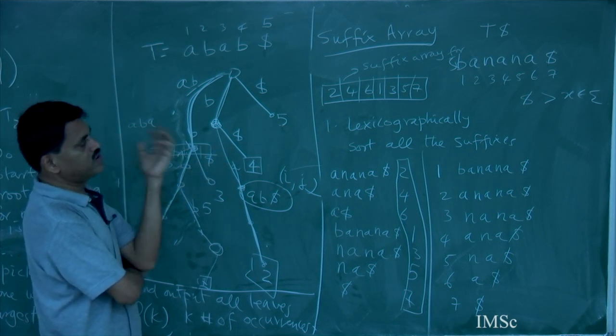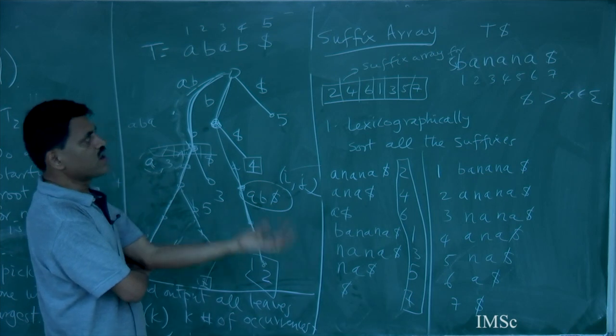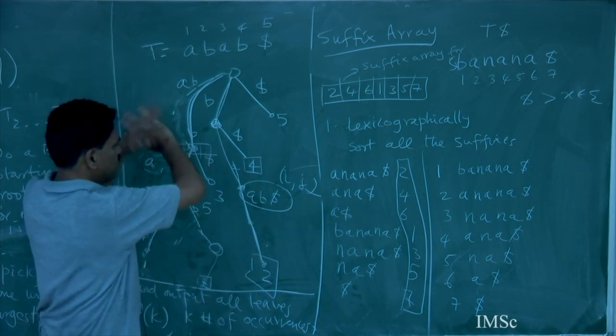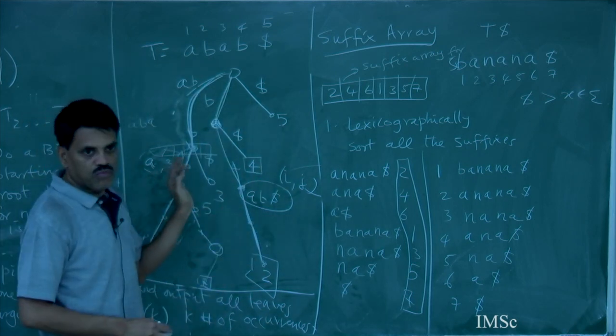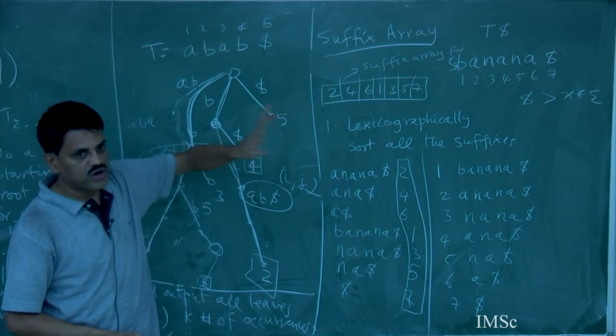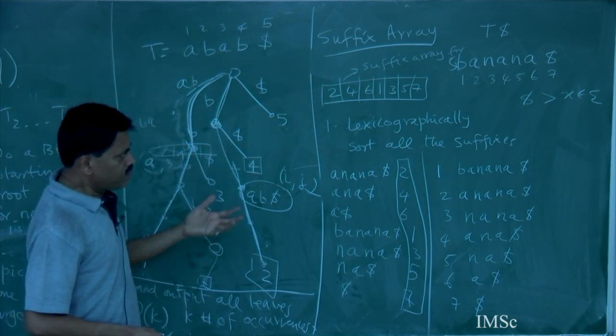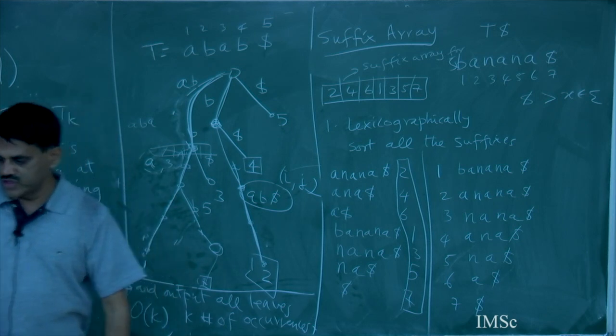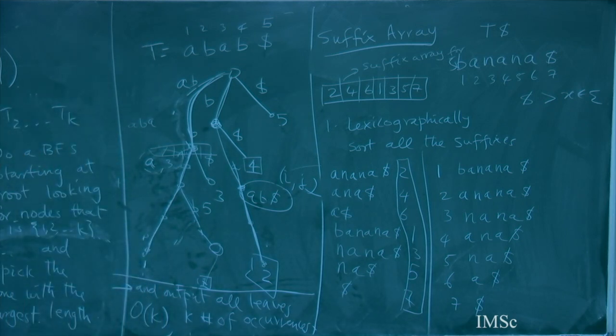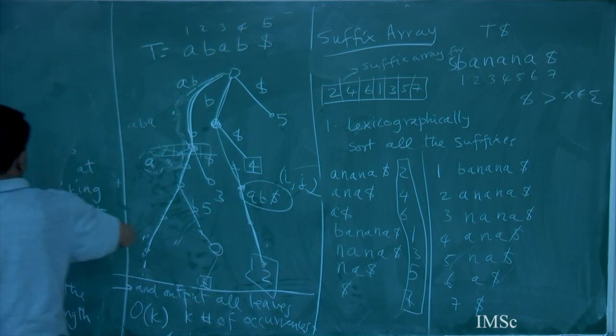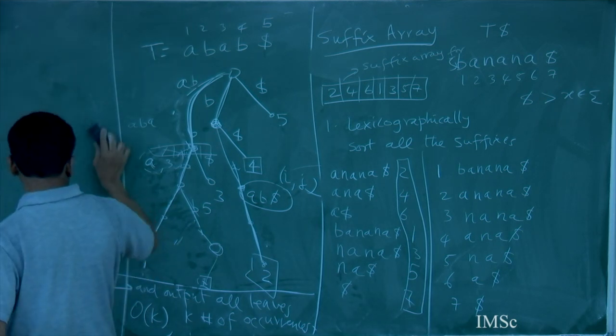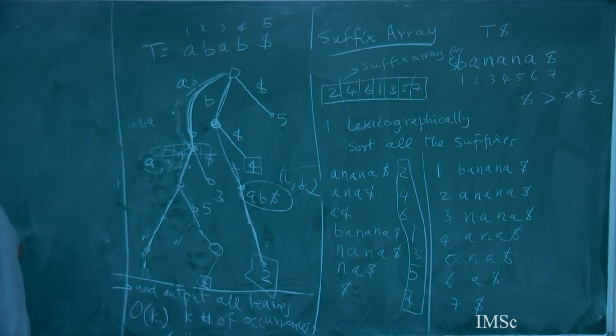So, good thing about suffix array is that it's just one array. It avoids all this mess about the space and pointers from suffix tree. It's just one array. But let us see how we would use it to search. Now, if I want to know whether some pattern exists,